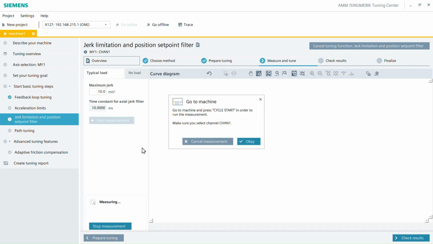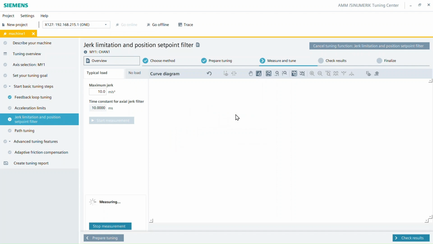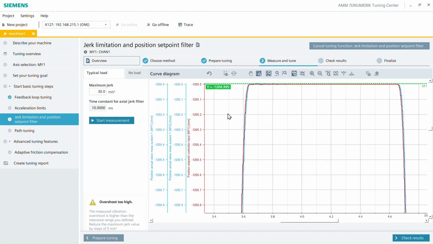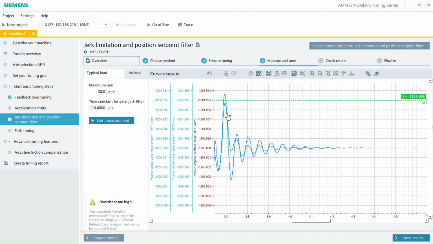STC will select the required program on the machine, which you have already tested in the previous step. Just before the program will be selected on the machine, a pop-up will appear. Click OK to continue. Then go to the machine and press Cycle Start on the machine control panel. After a few seconds, the plot will appear. It will automatically zoom to the maximum overshoot. Because of the 3 different steps, each arrival will look a bit different.